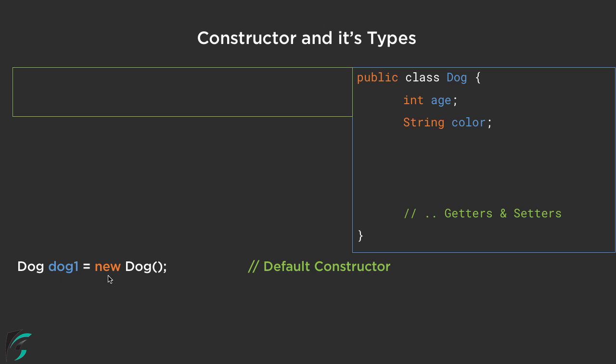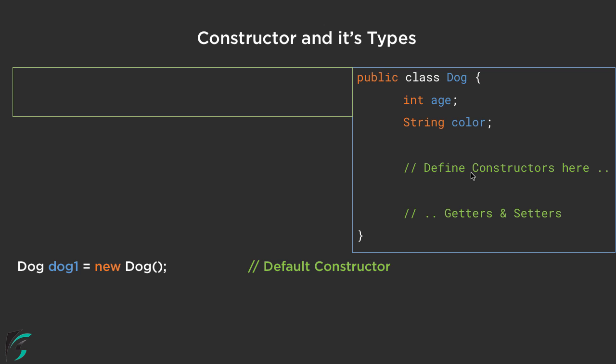Now, this new keyword followed by Dog followed by two brackets. This Dog followed by two brackets is basically the default constructor. So, whenever we create a new object, we actually make use of a constructor. And now, you must be thinking, where are these methods or the constructor defined? Now, this constructor is actually defined inside the class. So whatever constructors that we use, we have to define them inside the class only.